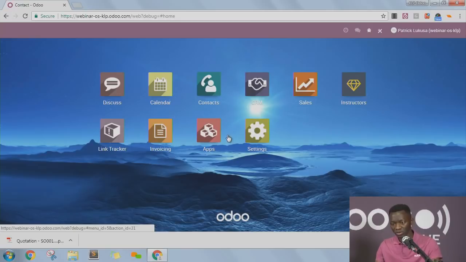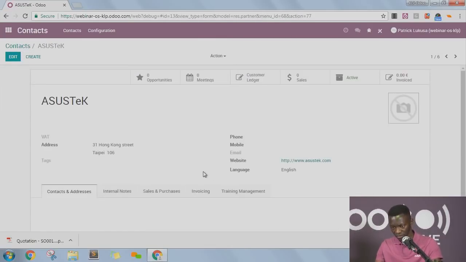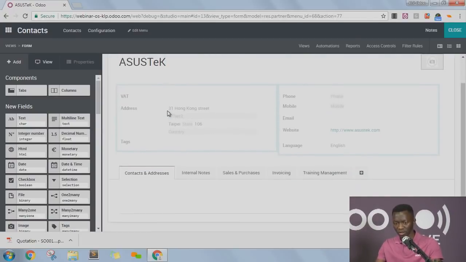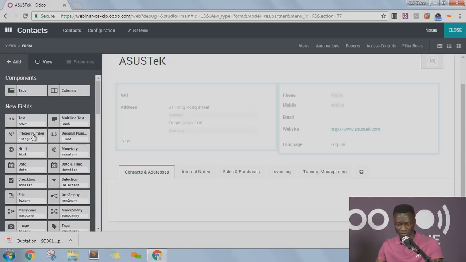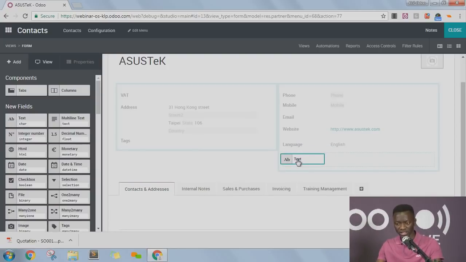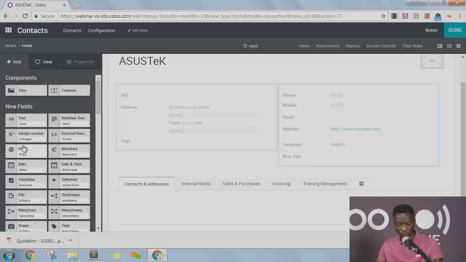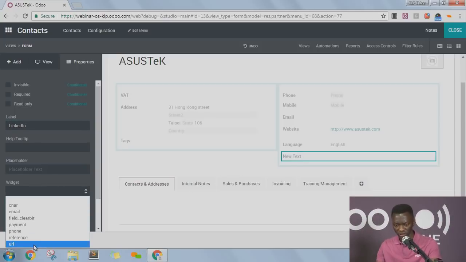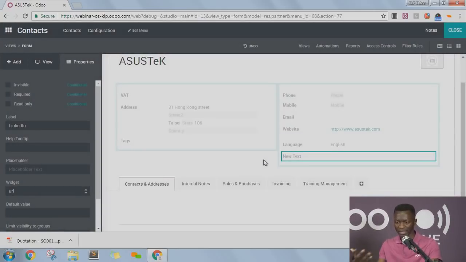the students. If we go back to the contacts, we have just added one tab in which we have added two Boolean fields, a student and an instructor. We want to modify this and add a few other pieces of information. For example, for the students, we want to be able to add their LinkedIn accounts. I will just take one building block here of type text, and I will put it somewhere on the page that I want to modify. I have many types of fields that I can add. I can add Boolean fields, texts, or even relational fields. And once I do that, I can also rename them and say, okay, this is a LinkedIn field in which the type will be a URL,